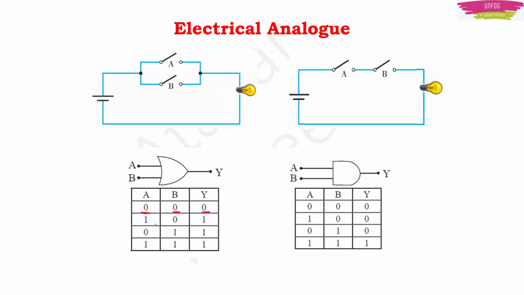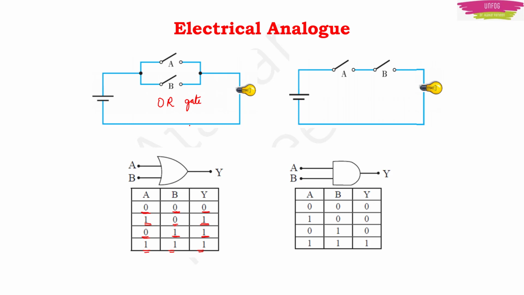If one of the switches is on, here in this circuit, this is for the OR gate. Because both switches are connected in parallel, even if one of the inputs is 1, that is, even if one of the switches is on, your bulb is going to light. And if both the switches are on, for sure, then your bulb is going to light. So this happens in an OR gate.